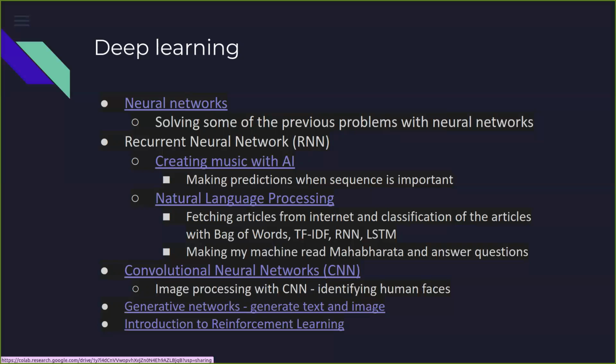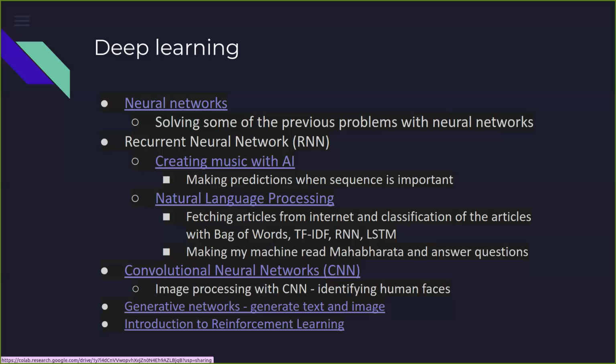After that, we'll go into image processing, and we will apply the convolutional neural network, and there we will ask the machines to identify a human face, the face recognition that has become so common nowadays on Facebook and Google Photos and all that. We will try to do the same thing, and then we will also attempt a few examples of what we call generative networks. It means, can the system itself generate certain data like a human face? So these are the typical things that we can do during the time that we'll have available.